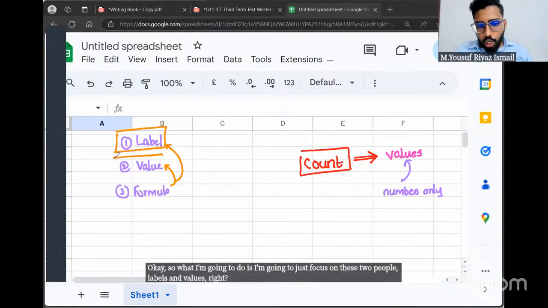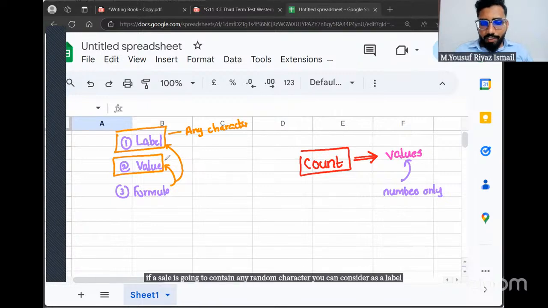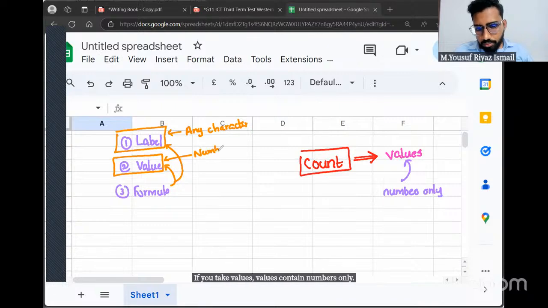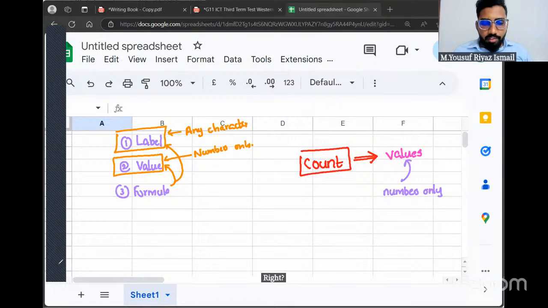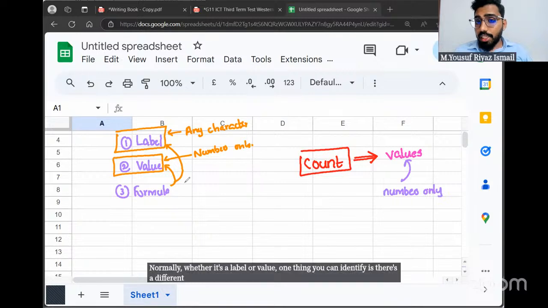Now, if you take labels, a label can contain any character. If a cell contains any random character, you can consider it a label. Values contain numbers only, right? Whether it's a label or a value, one thing you can identify is a different alignment.